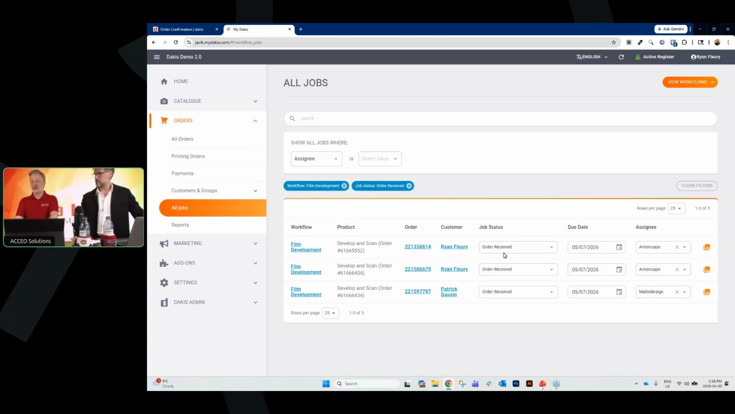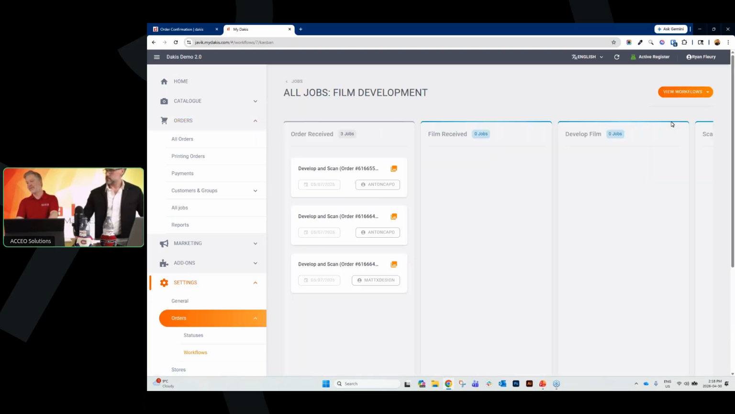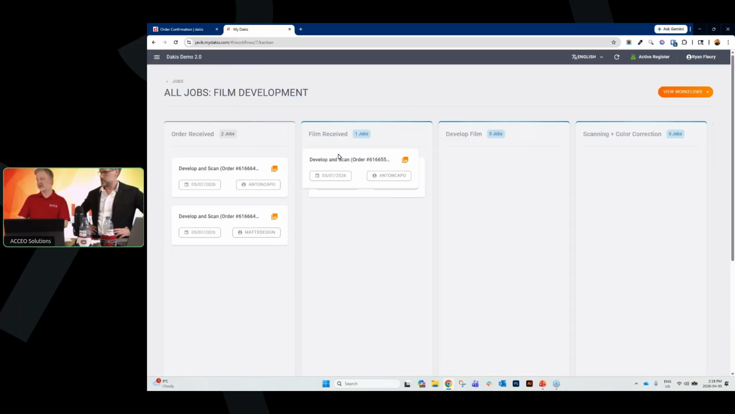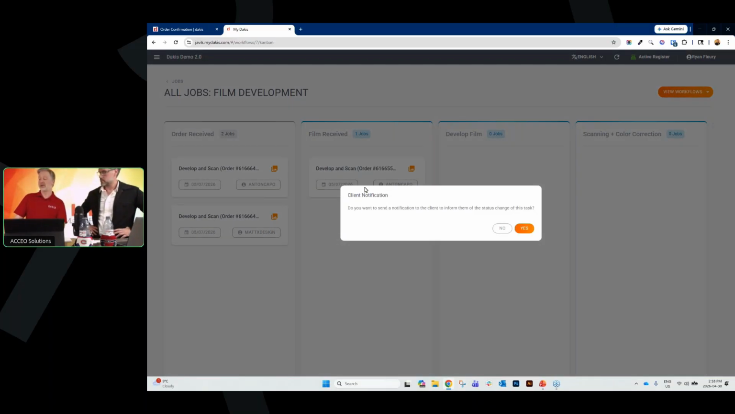So this is one view you can look at. Another view you can look at is by looking at the film developing workflows that are right here. And then you can start passing your order over from column to column, from step to step. Okay, so this order here is going to go to film received. Notice the client notification prompt came up. That's because this system is automatically sending out emails to the customers saying, hey, we got your film that you